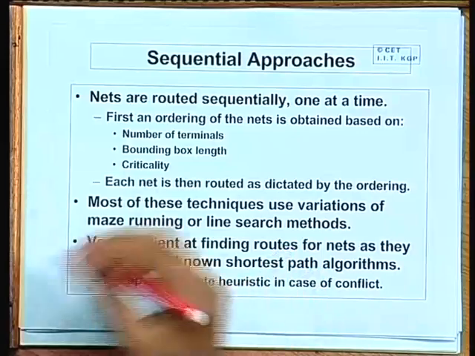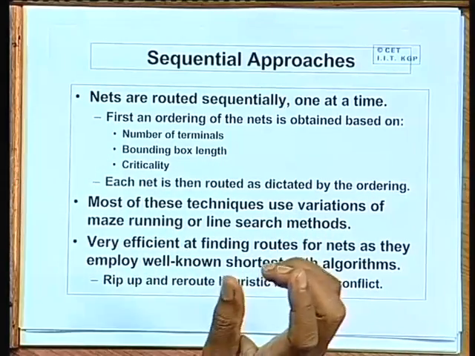Now, typically in global routing, the typical algorithms follow a sequential approach. Sequential approach means nets are routed sequentially. The only known comprehensive approach which handles all the nets together is based on integer linear programming. We will also mention the way that problem is solved. In ILP, the problem is solved all right, but computationally it is quite intensive. So, you can only solve small sub problems, you cannot solve the overall problem using ILP, that is the difficulty.